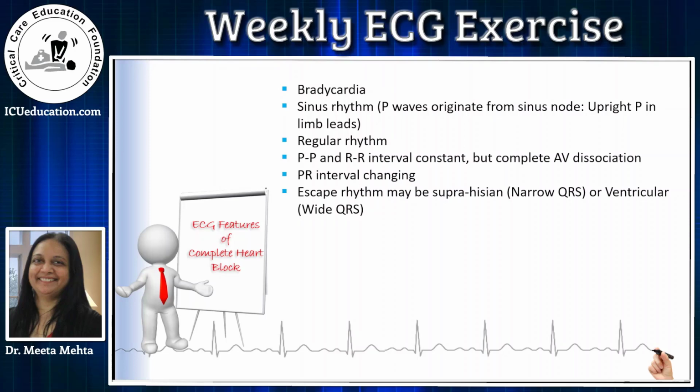You will have PP and RR interval constant, but yet there is a complete AV dissociation. That means there is no relation between P and R. The atria beat on their own and the ventricles beat on their own. Hence, you have got PR interval which is changing from beat to beat. It is important, as I already told you, to look at the escape rhythm because that helps you treat the